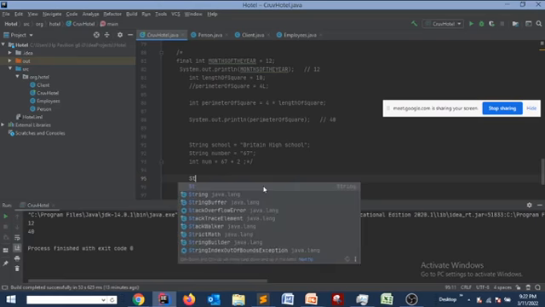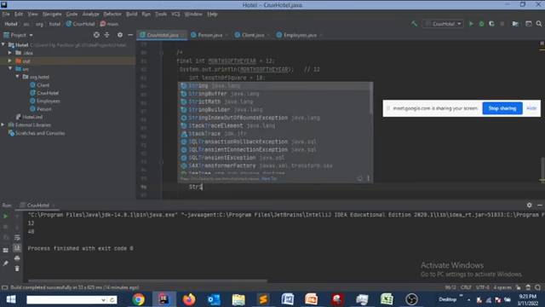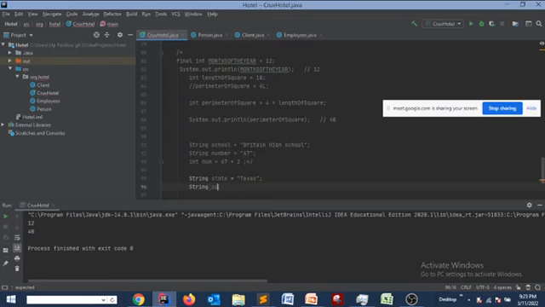So I'm saying string sentence equal to, okay, string word1, string state equal to "Texas is in United States", string country,